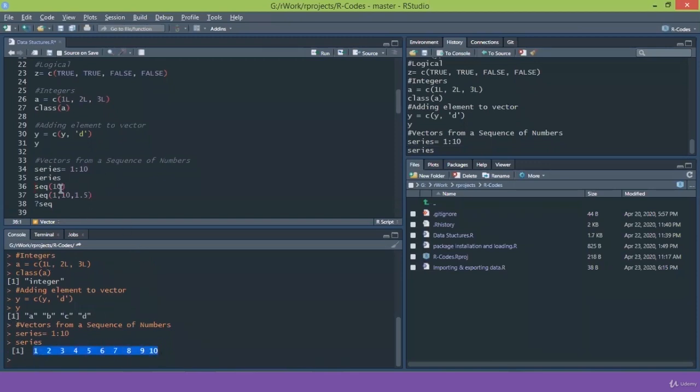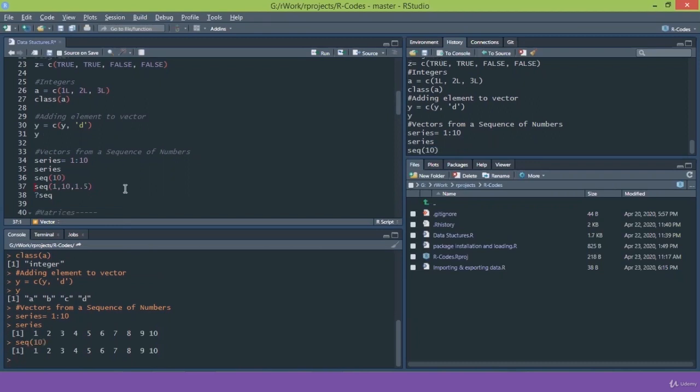saved in this variable. Similarly, there is a command called seq, that is sequence, and I am giving the number 10 in the brackets. It means I want to create a sequence with values 1 to 10. It automatically prints it because I have not saved it in any variable, so it is directly printing the values